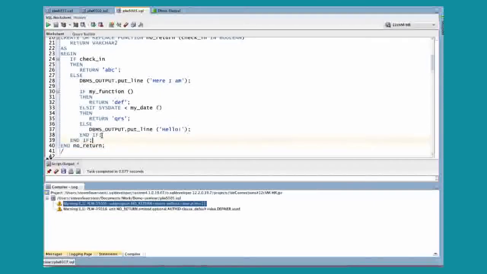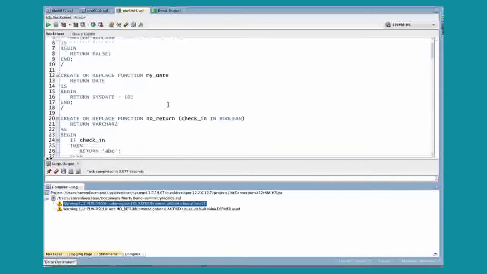The classic solution here, by the way, is to have a single return statement as the last line of your function body. And then instead of returning all over the place, you simply assign values and so on and so forth. But again, it's flagging at compile time a real serious problem with the design of your code. You can then go in and fix it and make sure that you never get the function returns without value runtime error. So a whole bunch of warnings are really critical stuff.